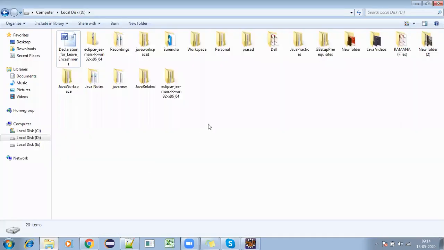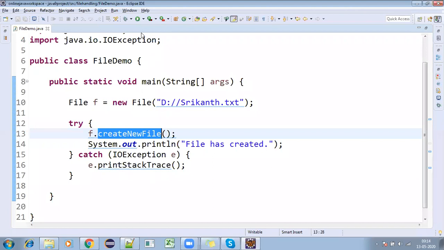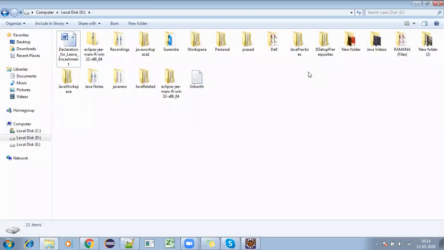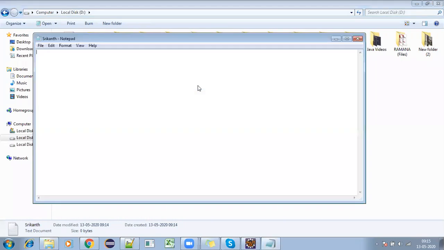Now, is there any Srikanth.txt file in the D drive? There is no Srikanth.txt file. Once I run this program, it says the file has been created, and it will create Srikanth.txt in the D drive. It is an empty file for me.